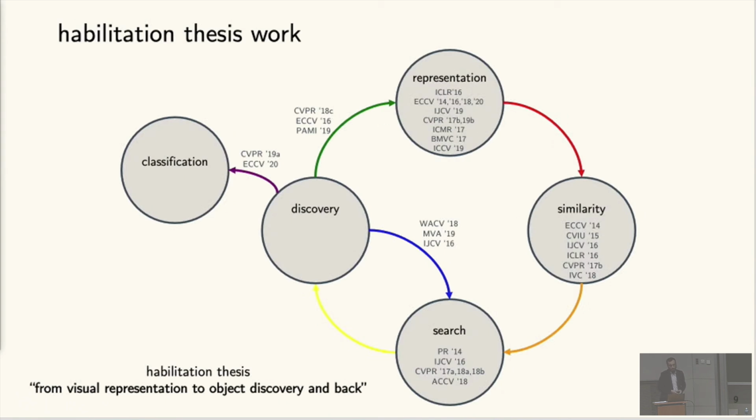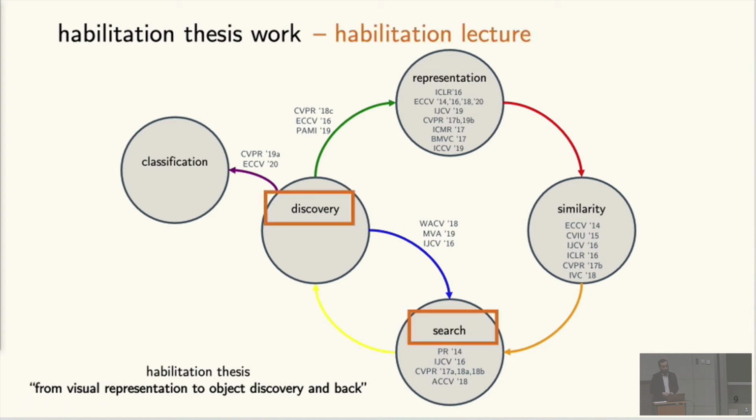So in the work that is described in my habilitation thesis, we're dealing with concepts and tasks that I just described, namely representation, similarity, search and discovery, object discovery. While today, I will focus on the tasks of visual search and object discovery, with a goal to feed the output of different types of object discovery to facilitate other tasks, classification and representation learning tasks, that are dealing with limited amount of supervision. And in all this work, there is a common factor